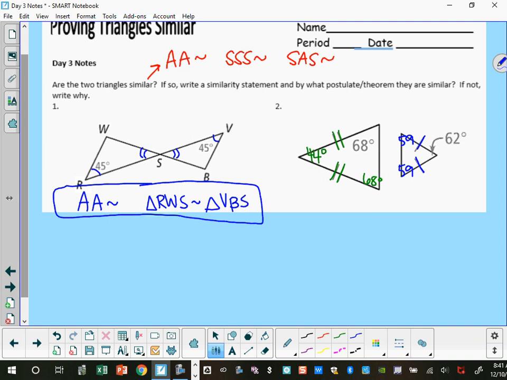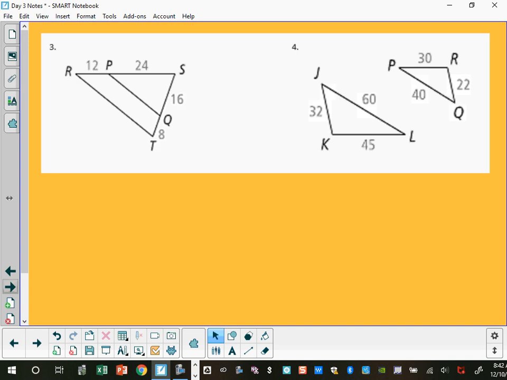Are my angles here congruent? Do I have the same numbers between both triangles? No. So it's going to be not similar. I can't prove that this is anything because it possibly could be angle, but my angles in both triangles are not congruent, so it doesn't work. Any questions here? No. All right, look at